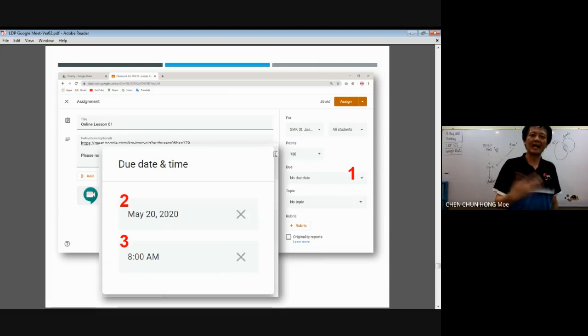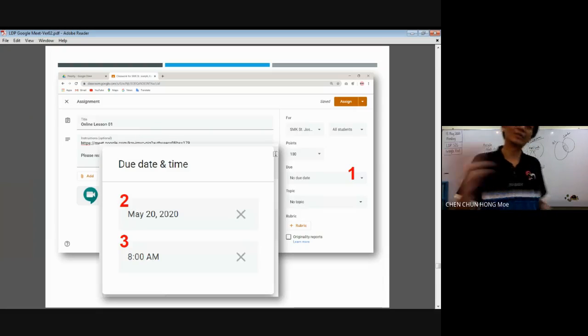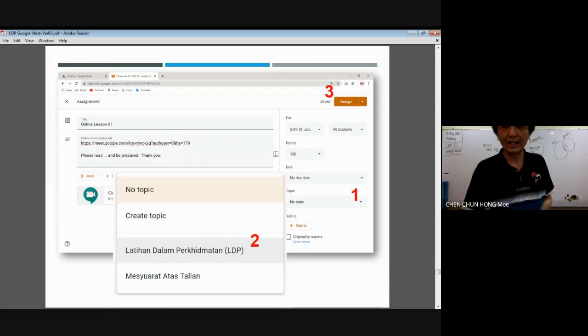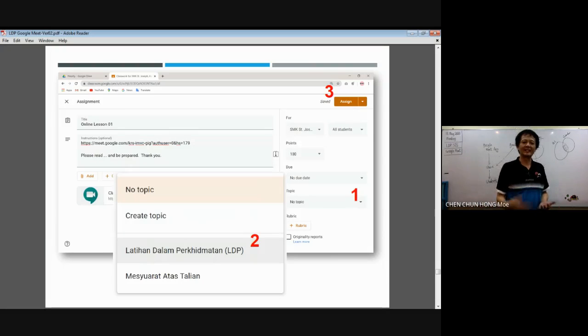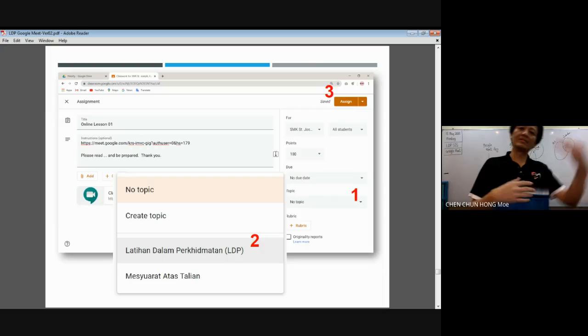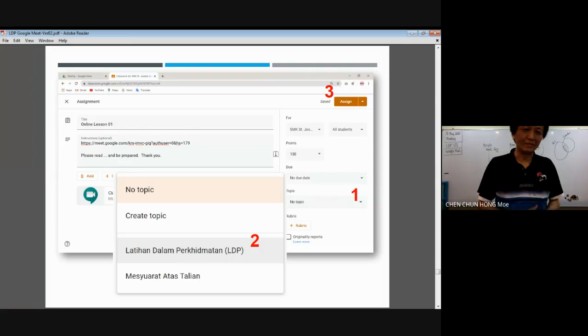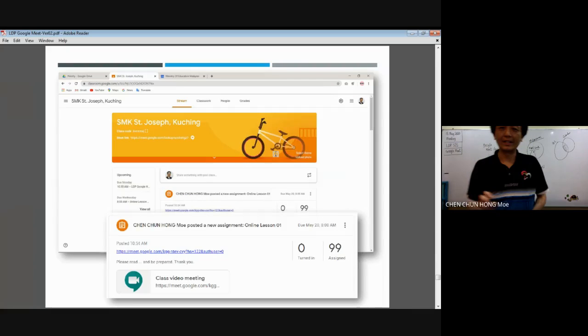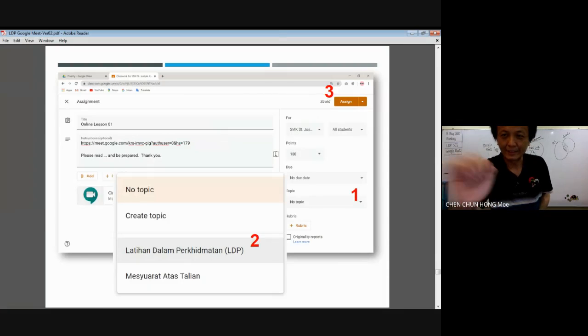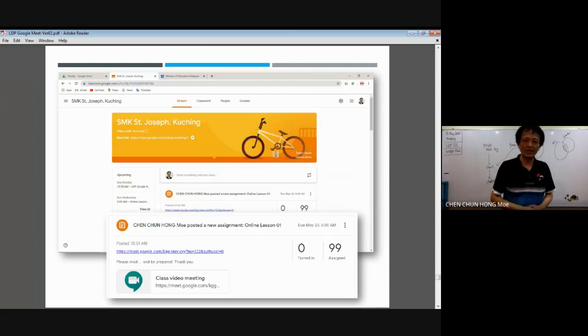Okay, you give a time, 8 o'clock, so that this function is there and also is recorded. So you can also add a topic. For instance, this is the latihan dalam perkhidmatan, or this is a mesyuarat atas talian, or in the case of the class, you have a certain chapter and so on. I can show you what I've done with my class later. So having done that, if you click the number 3, assign, and then okay,